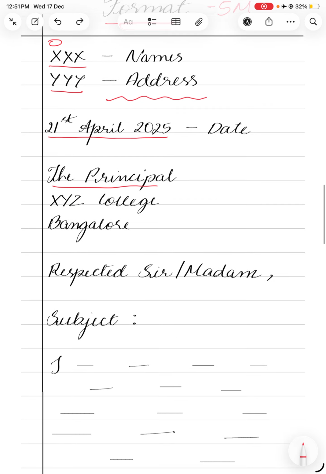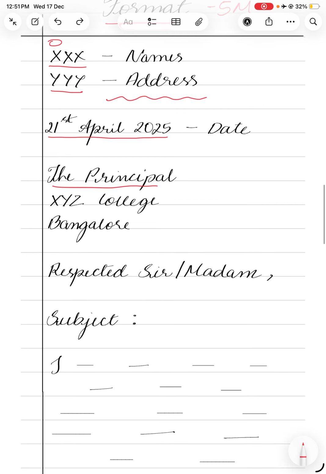Now let us take a look here. This is the invitation letter. The example that I've chosen is the invitation letter for the question that we recently studied. Alright, the answer for this fifth question will be this way. First thing, I've written my name. Again, take a look here. Nowhere have I started from any other side except right after the margin. Everything is towards the left hand corner. So do not worry, do not fumble anywhere. You can directly start from the left hand corner, and that is exactly what you're supposed to do.